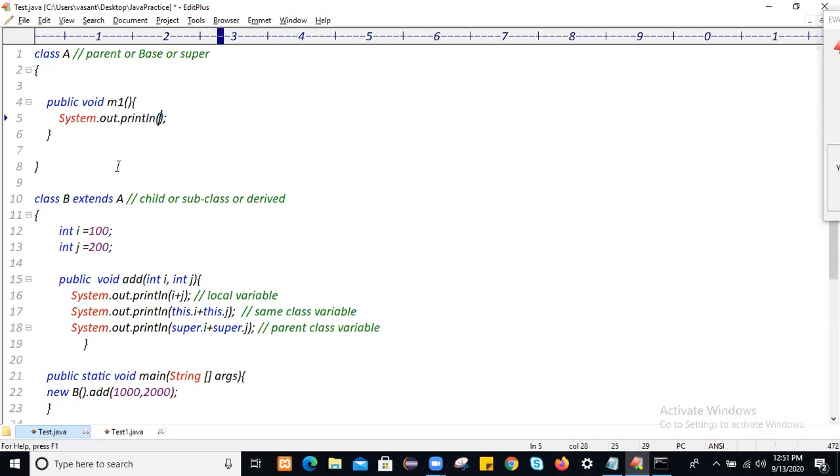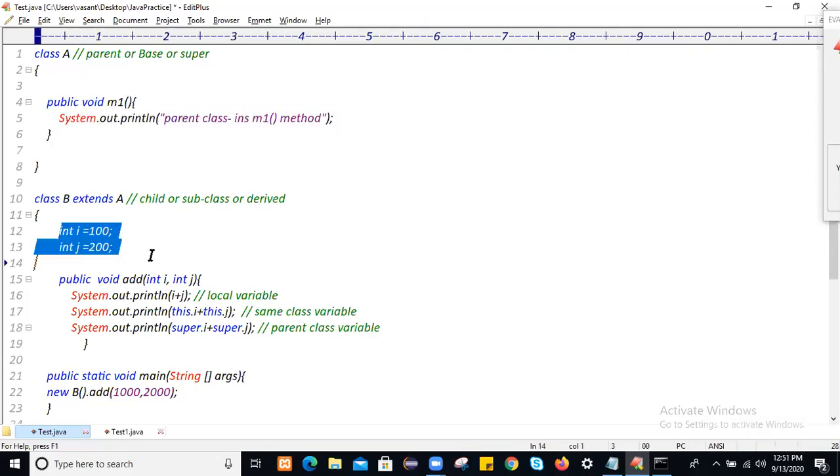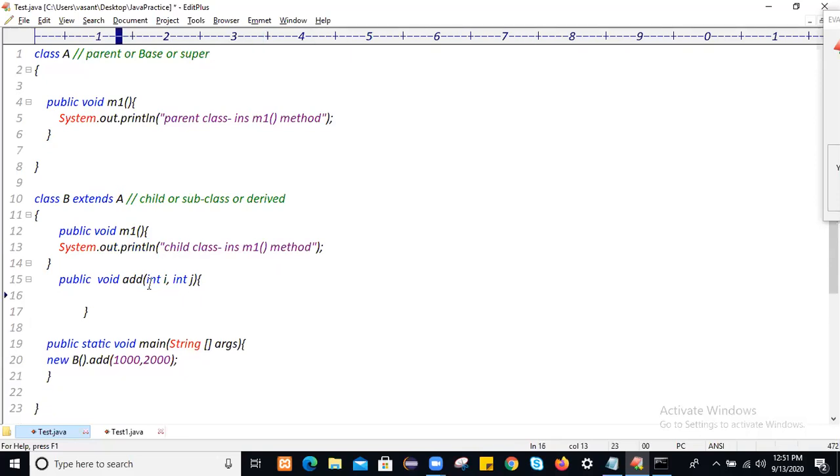Which method is this? Parent class instance method, yes or no? Parent class instance M1 method. Similarly, we have the same method within the child class. This is the child class instance M1 method. So how will we differentiate between these two methods?